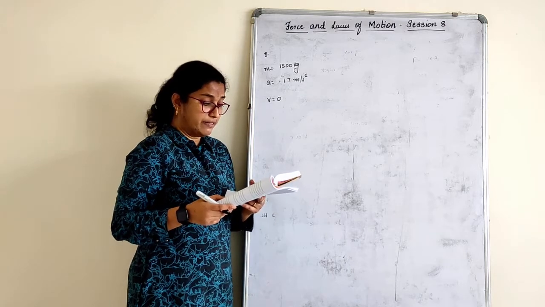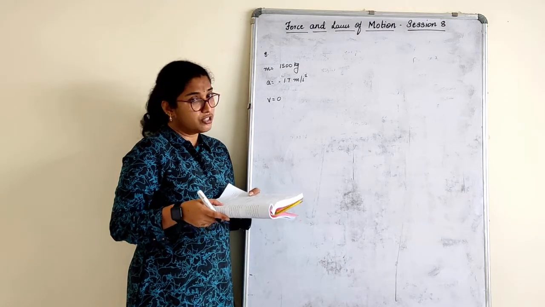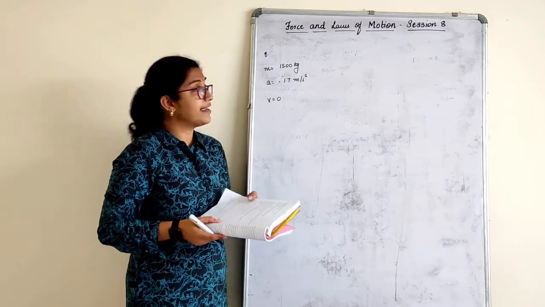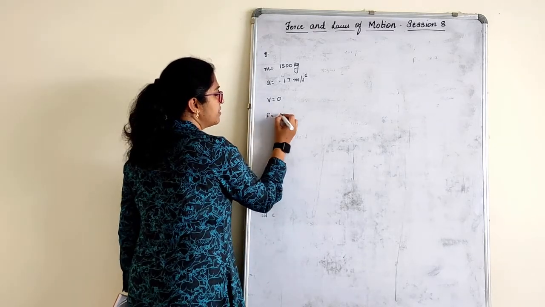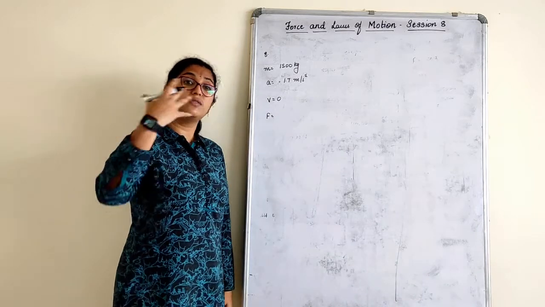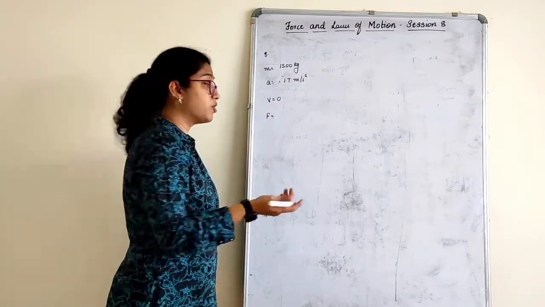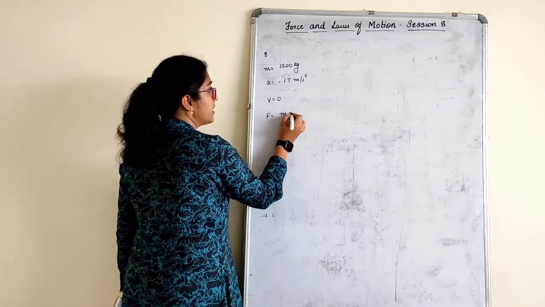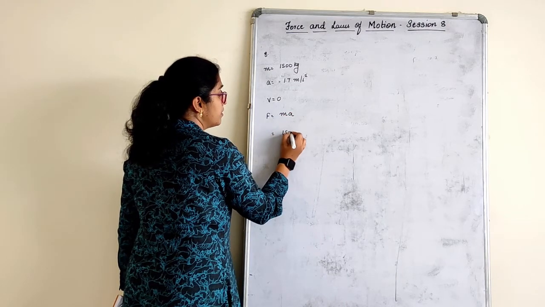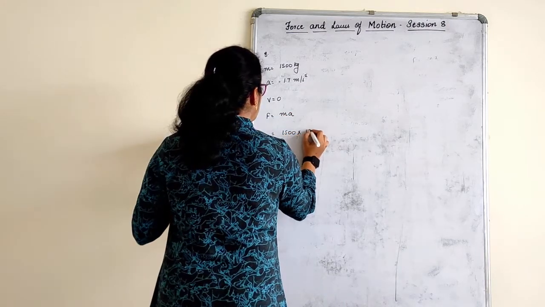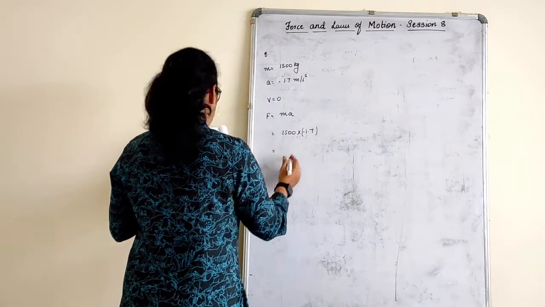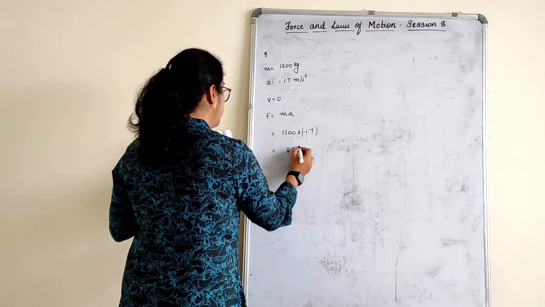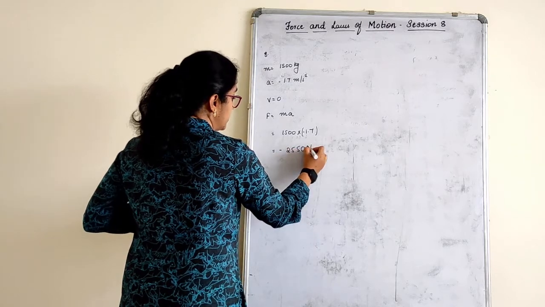Do you think we require final velocity in any of the question? No. Still, they have given it, so we will write it. Direct question, children. What must be the force? Everything is given to stop the vehicle. That means opposite frictional force to stop. What is required? Mass into acceleration. 1500 into minus 1.7, so 2550 minus.